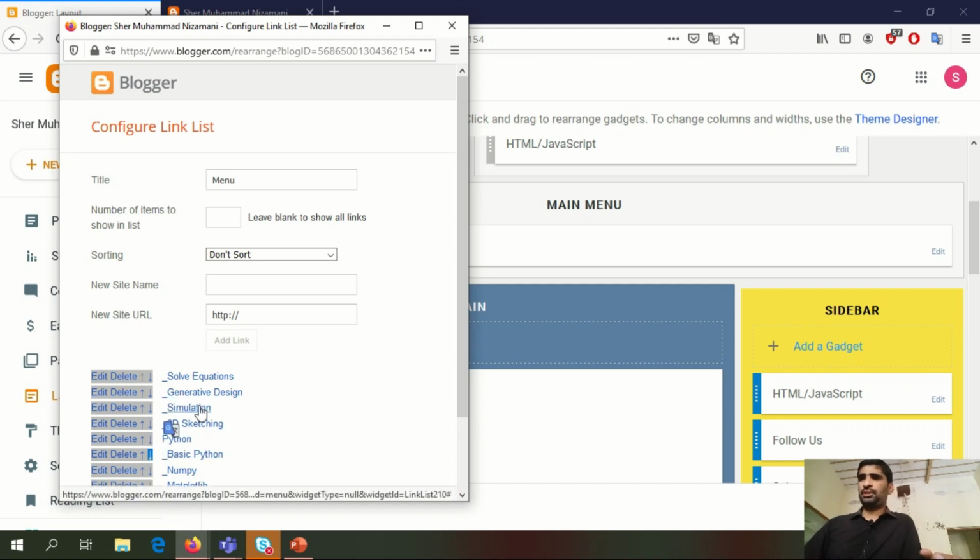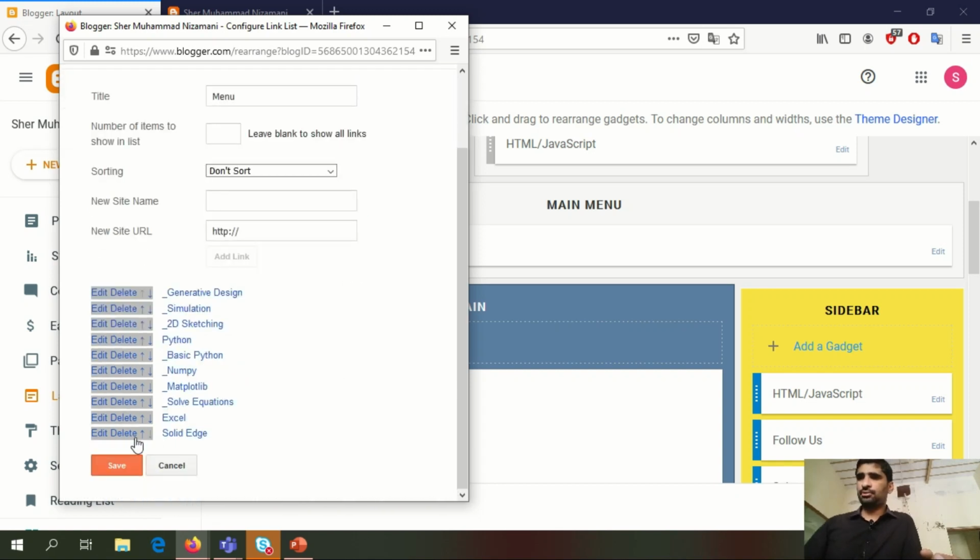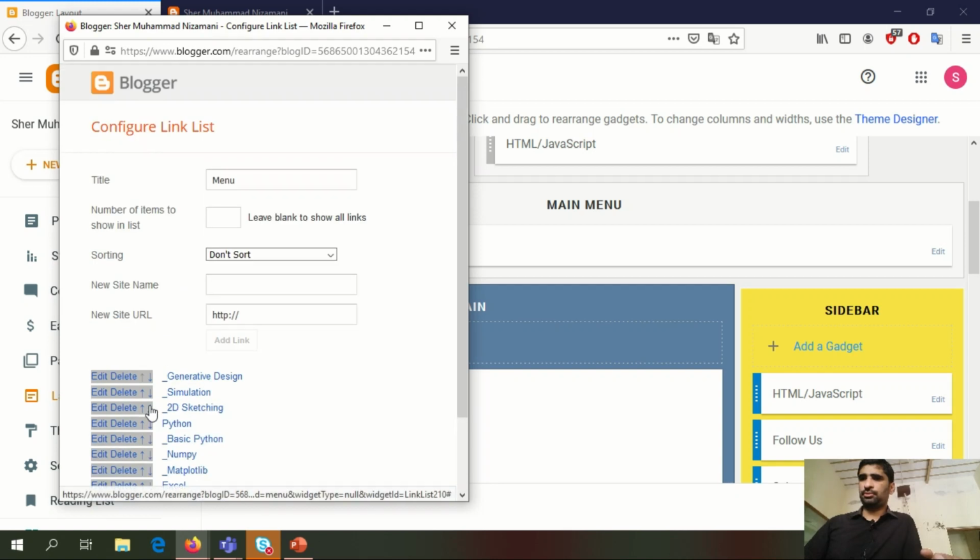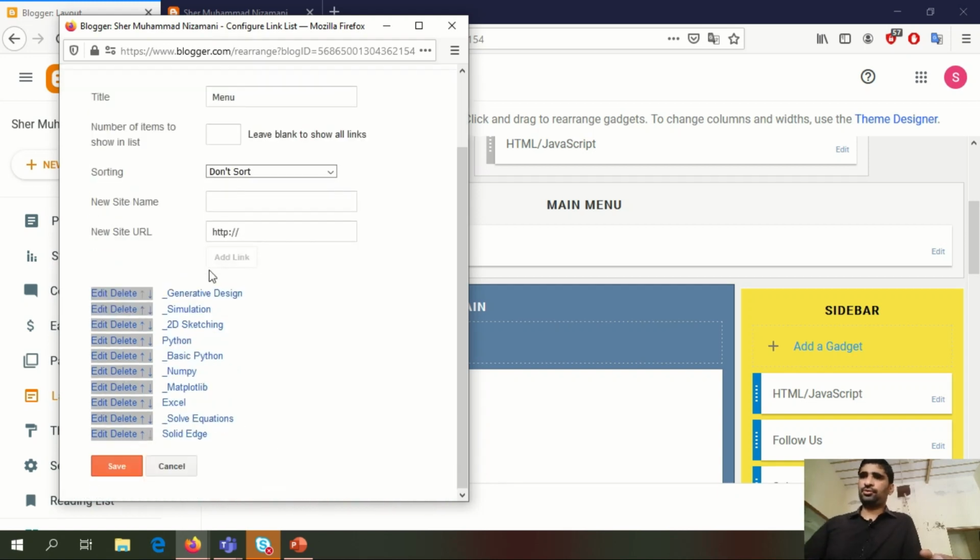Below this, now I want to do the same thing with Excel. Solve equations is actually a subheading for Excel, and so on.